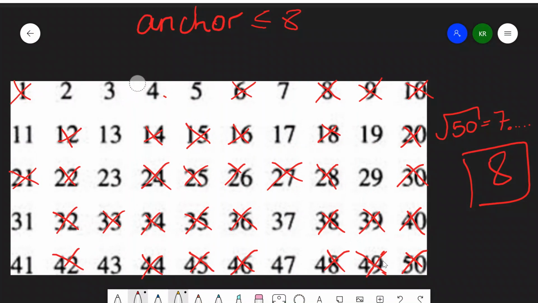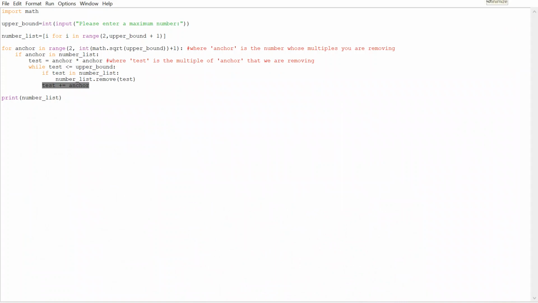So the new test becomes the old test plus the anchor number. So initially, right, we started with 2, we squared it to remove 4, and then we added 2. We added the anchor, this number, to give us 6, right? And then when the anchor became 5, for example, we squared it to give us 25, and then we removed that. And then we added the anchor, which was 5. So we added 5 to give us 30, which was the next multiple of 5. And so that's what that final thing does. And it keeps doing it for all the anchor numbers between 2 and that integer square root of the upper bound plus 1. And then at the end, it just prints all of the numbers that are left in the